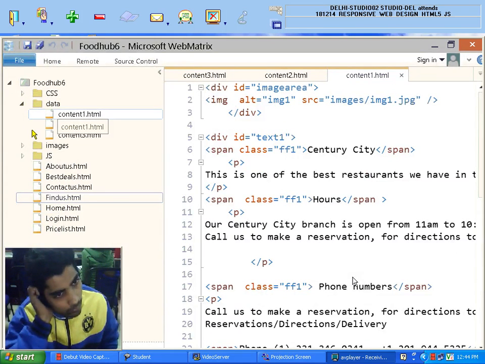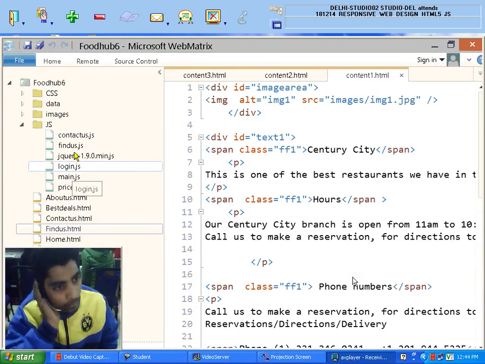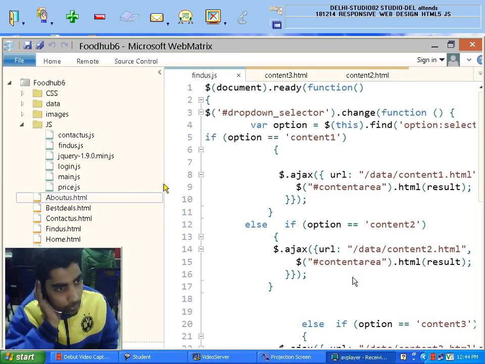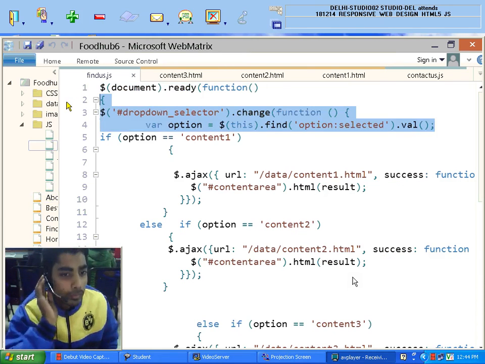In my file, I was trying to first select the value from that select box.